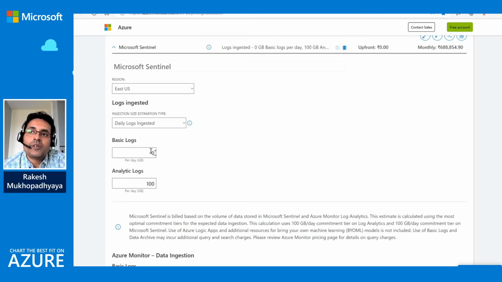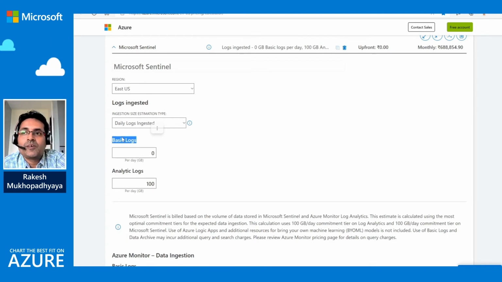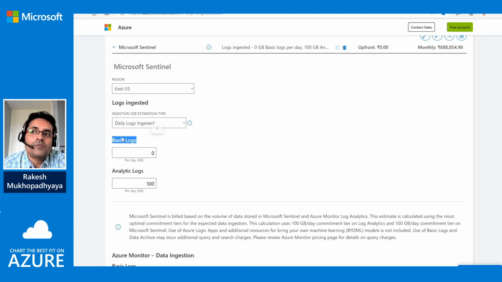And then analytics log will be consumed for everything. It will be consumed for correlation purposes. You can see alerts and incidents from your analytics log. And cost wise, basic log is much lower cost than analytics log. So this is a good use case, but it is not meant to reduce the Sentinel cost. If you think you can reduce the cost of Sentinel by qualifying logs as basic log, that is not the purpose of basic log. Basic log is good as a secondary log, helpful for incident investigation, but it will not be consumed for correlation purposes.